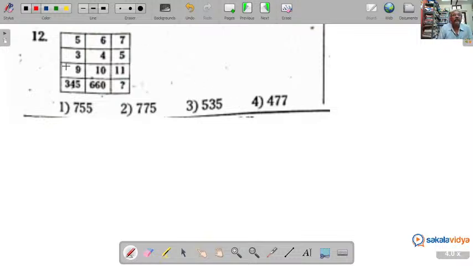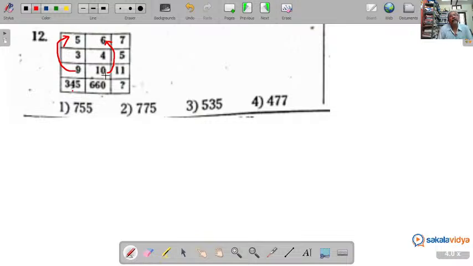Now rows are there, columns are there. If you observe, we need to check whether any pattern is behind the rows or columns. For example, bigger numbers are in the last row, so try with the columns only. See here we have 345, here 660. For example, if you multiply 9 and 5, and 10 and 6, you get 45 and 60. The last two digits of the number can be obtained by multiplying the elements of the first row and second row in the column.